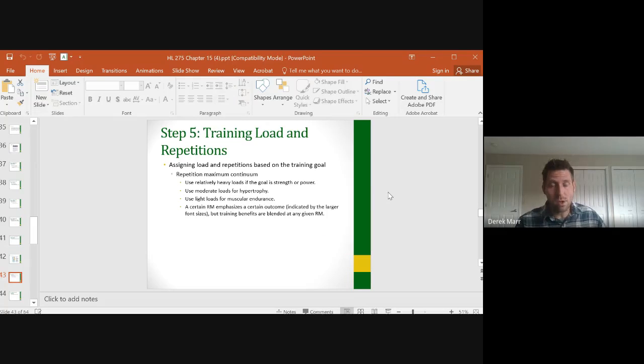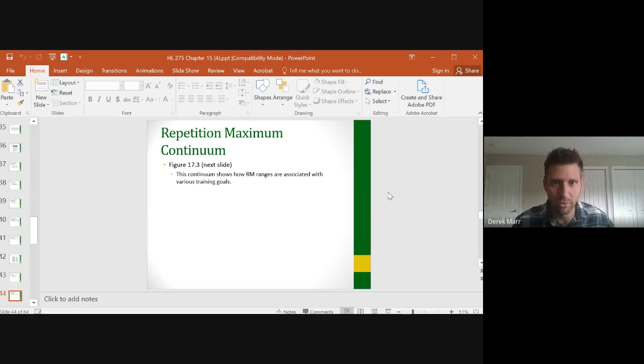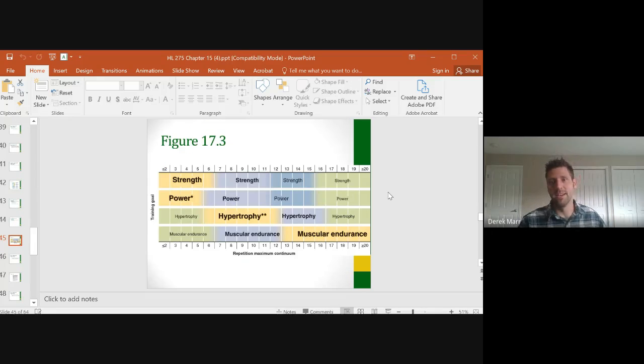So I will hopefully, where is this? Boom, get to this. So this is our training goal and repetitions maximum continuum right here. Essentially, what this shows is the highlighted area, the big bold one in that yellow color, that's where your repetition max, or how many reps of that max, from the 17.7 table, is going to be what you're focusing on. I wish I had both of these up here. I need to get a slide that shows that. So in 17.7, what it shows here